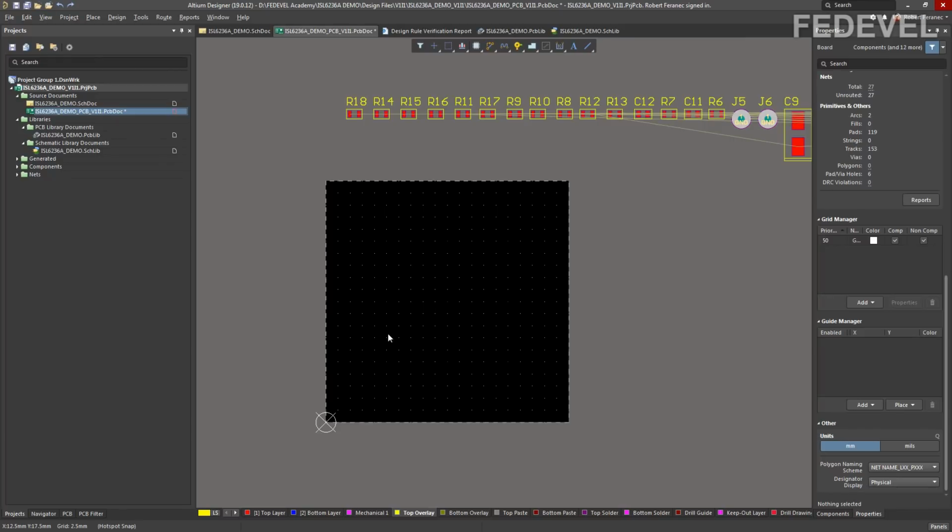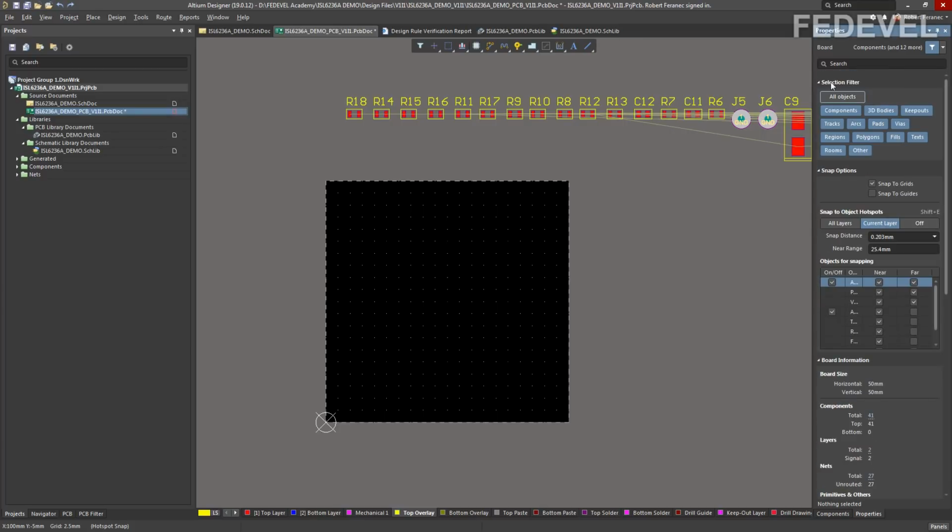First, we are going to hide these reference designators. We don't need them right now. So left click into empty space, go into Properties panel, find Selection Filter, left click on all objects to unselect everything, left click on Components, we would like to work with components,